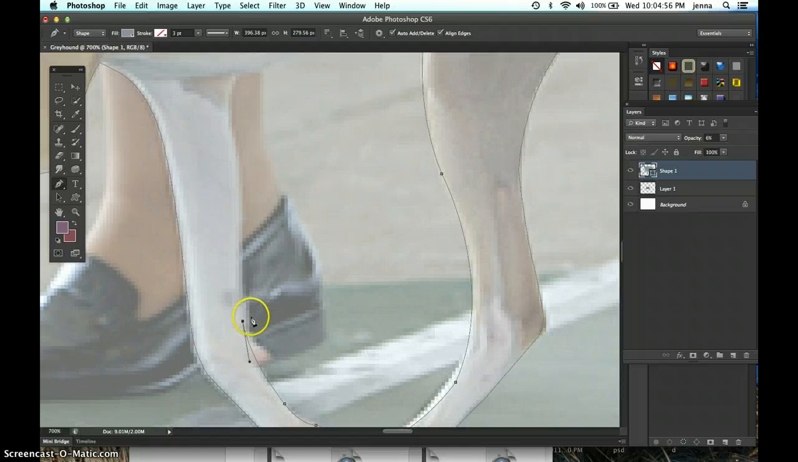Spacebar, option click just to make sure. Yeah, when you edit, it's